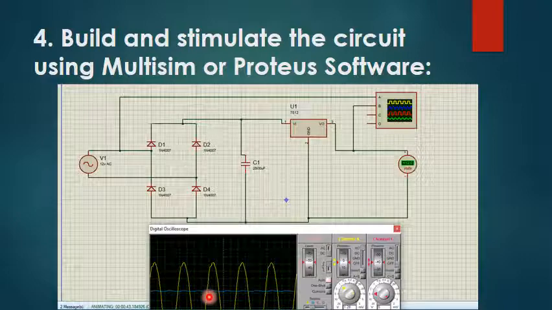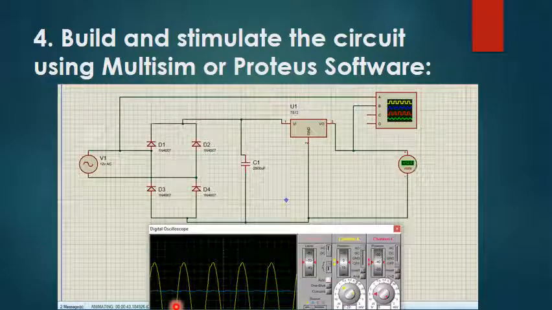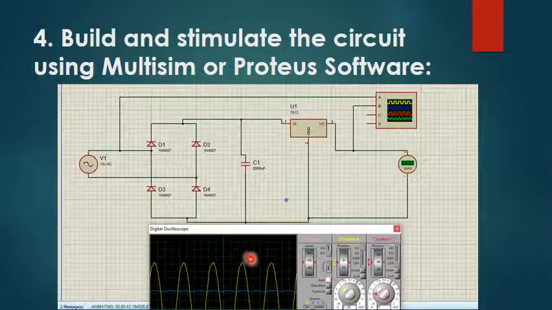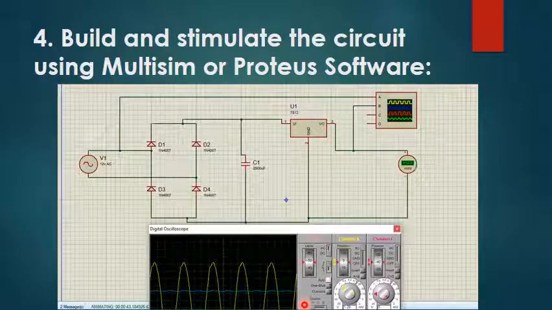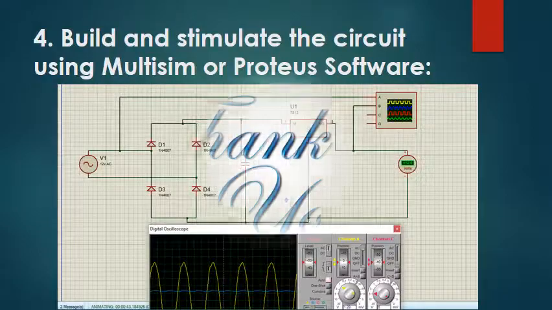In this digital oscilloscope, you can see that the waves are quite sinusoidal, and from this panel we can turn the channels on or off. So it is our simulated circuit on the Multisim and Proteus software.